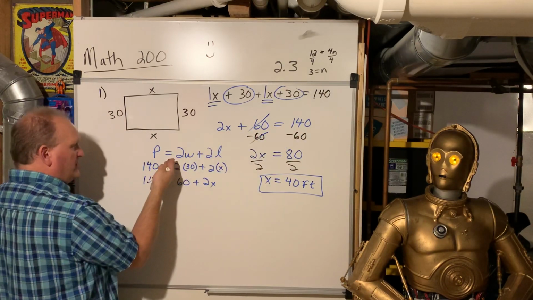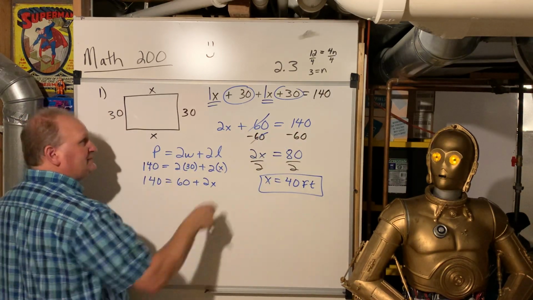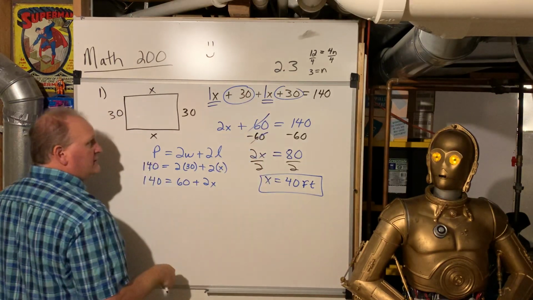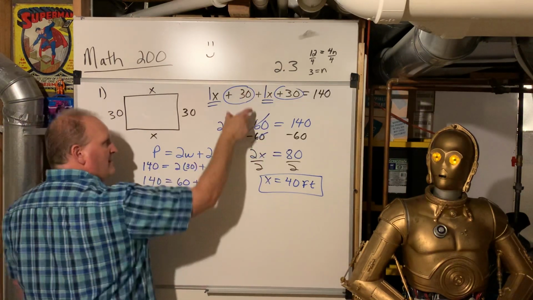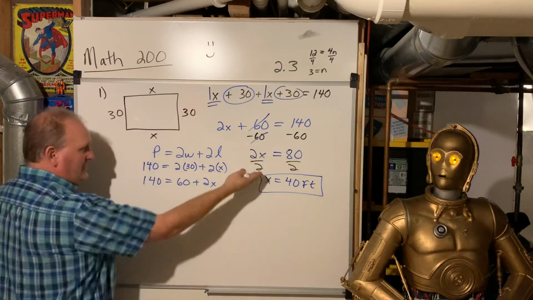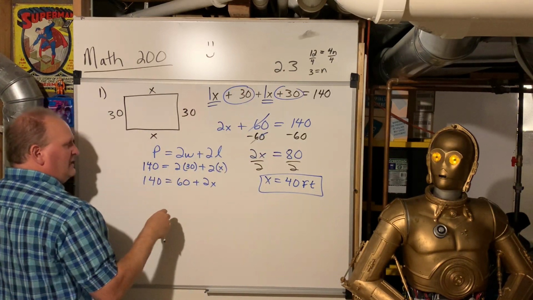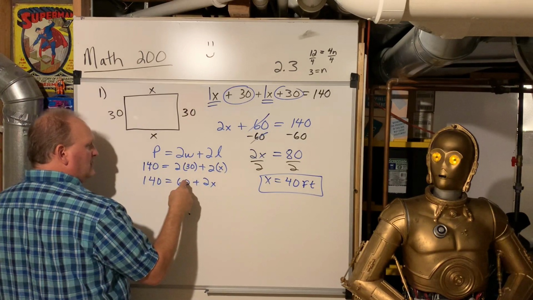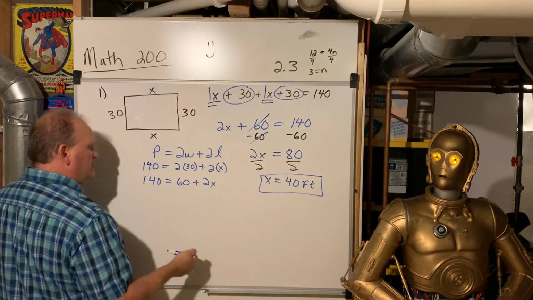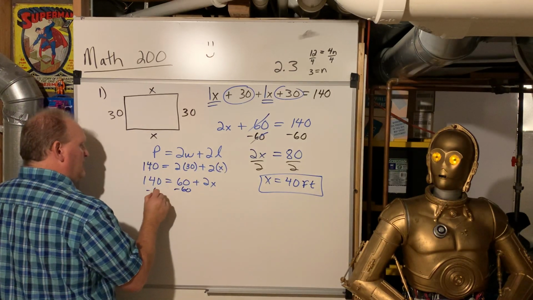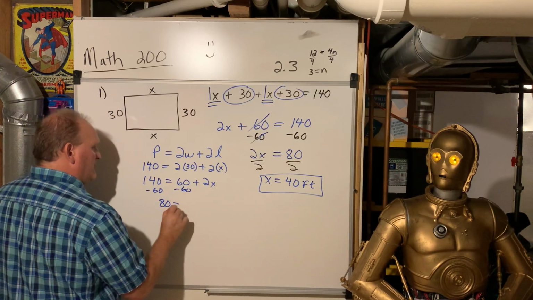So if you prefer to use the formula, use the formula. If you prefer to do it as an addition problem, combine like terms and then simplify, do it that way. Personally, I think that way is a little easier because this can get a little bit more hairy if you have to do the distributive property and stuff. So here, we'll finish her off for you